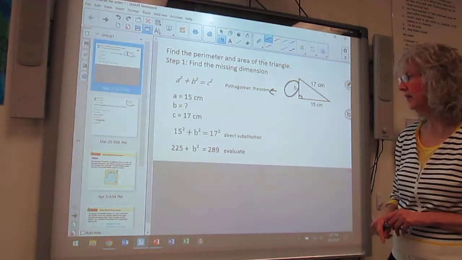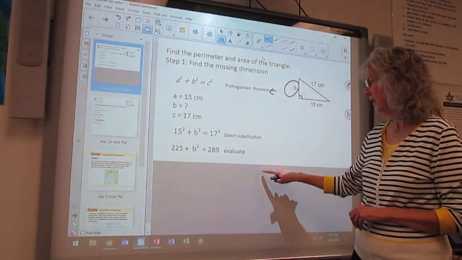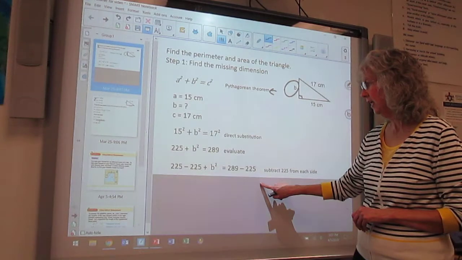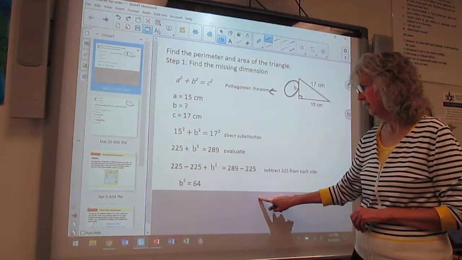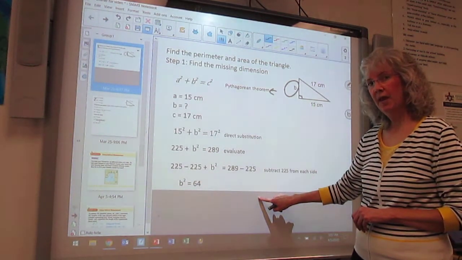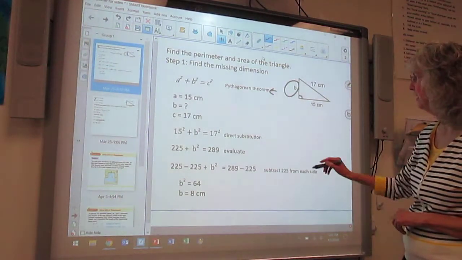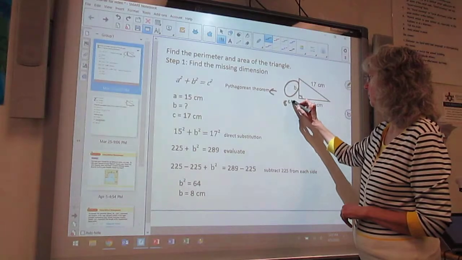We're going to evaluate that into 225 plus b squared equals 289. And we are going to come down to b squared equals 64. And we're going to take the square root of both sides. And b comes out to 8 centimeters. So if b is 8 centimeters,